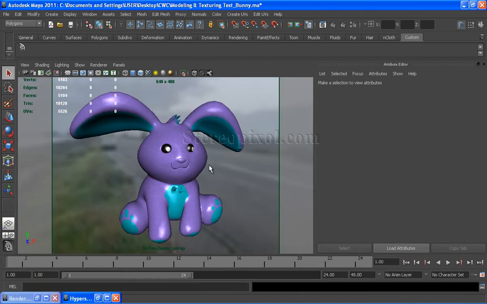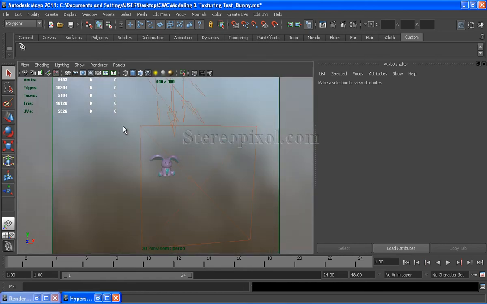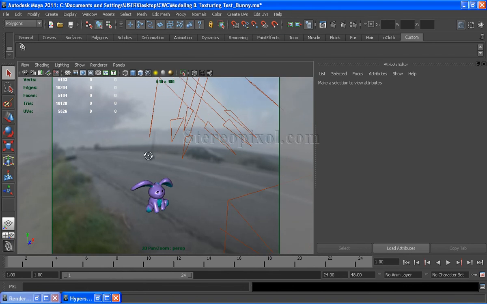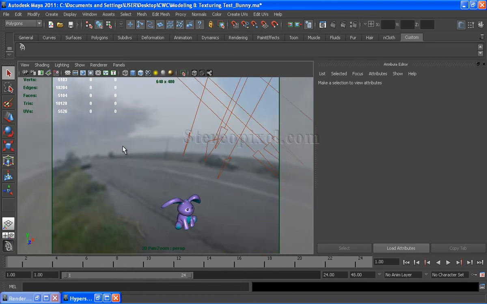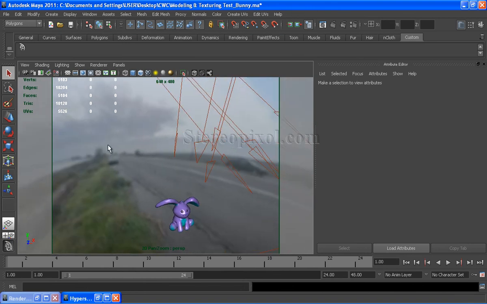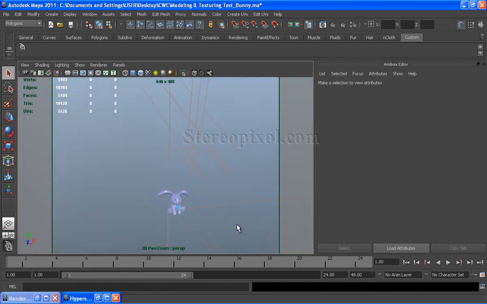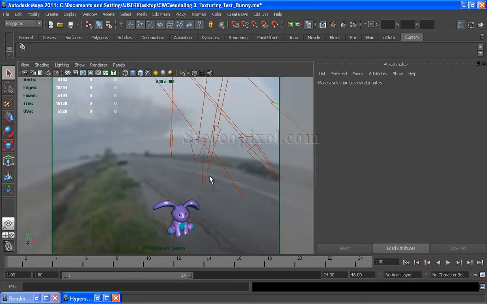and for the lighting part I have created a couple of directional lights and area light, and for the environment reflection I have created HDRI map, and for rendering I am using mental ray rendering engine.